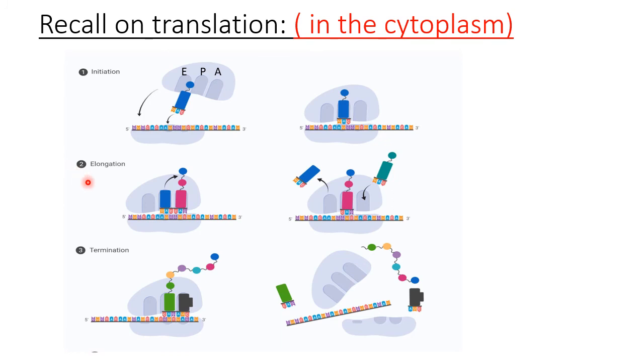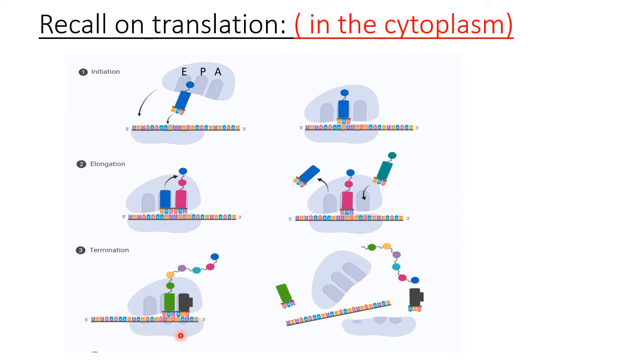Then in the elongation step, the ribosome moves by one codon. Thus, this tRNA becomes in the E site, and the second tRNA becomes in the P site, and the A site becomes empty. Now, another tRNA brings another amino acid specific for the codon present in the mRNA, and the initiator, the one which carries the first amino acid, which is methionine, now gets out. Okay, and then this tRNA sits in the A site, and we continue the process of elongation